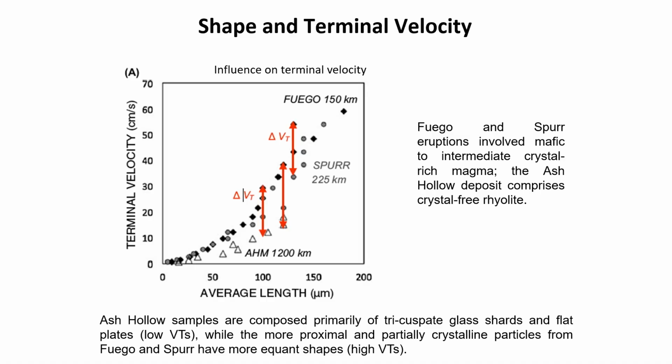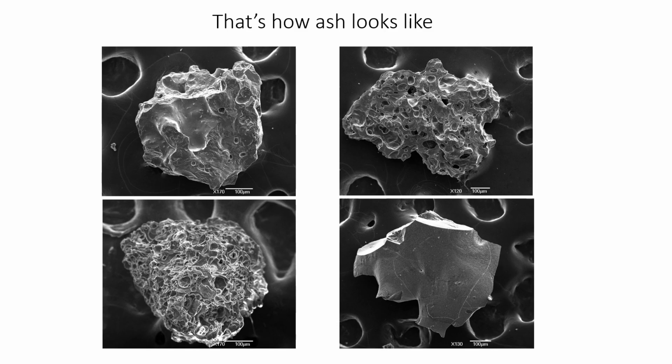This is an example, as you can see, where mainly particles smaller than 2 millimeters, what we call ash, can really show a wide range in these parameters. That's mainly because their size and shape are mainly affected by the magma properties and the fragmentation dynamics. This is an example of ash as seen from the lab, and it is pretty clear how irregular they are, how it is very hard to make the assumption that